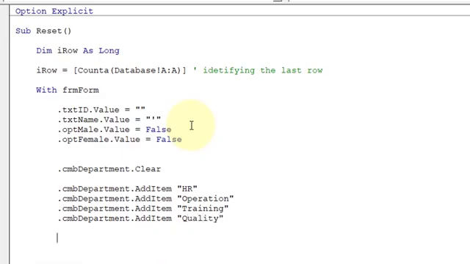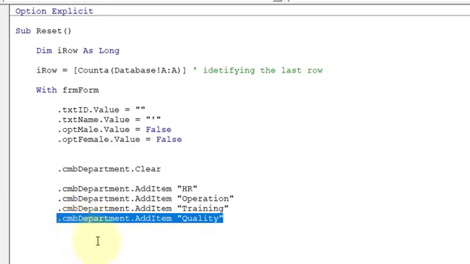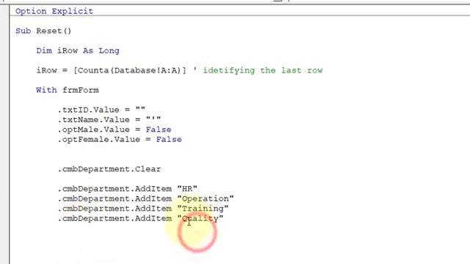So we have added 4 different types of departments. If you want to add more departments, you just need to replicate the same line of code again and again, and change the value, whatever the value is available in double quotes, right? So as of now we are going to consider only 4 departments.